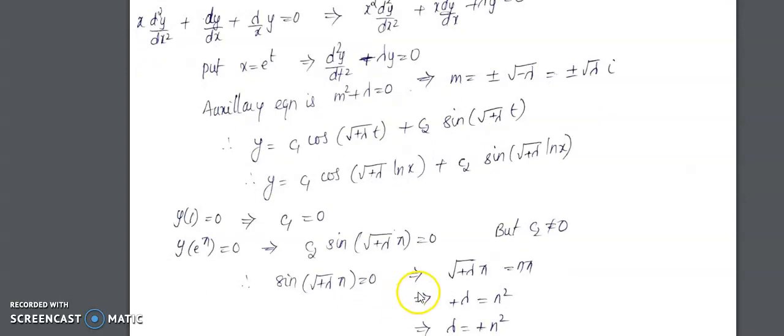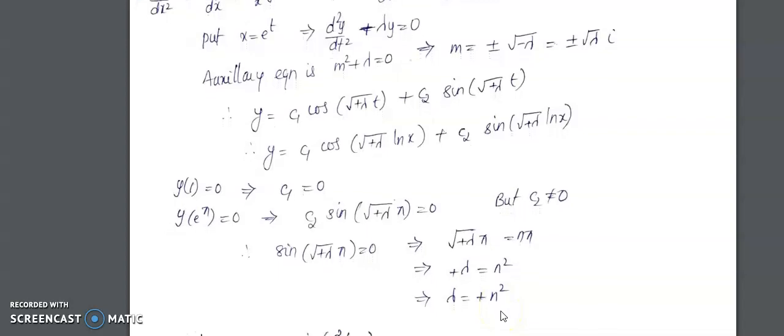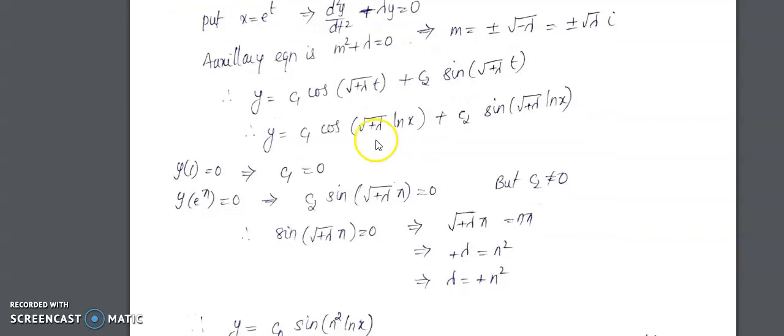So that gives root lambda pi must be equal to n pi where n is greater than 0. So therefore pi will cancel out. So you will get lambda equal to n square. So therefore we will get a non-trivial solution when lambda is n square where n equal to 1, 2, 3 etc. ഇനി ഇതാണ് നമ്മുടെ characteristic values. So corresponding characteristic function will be C1 is 0, y will be C2 sin root lambda